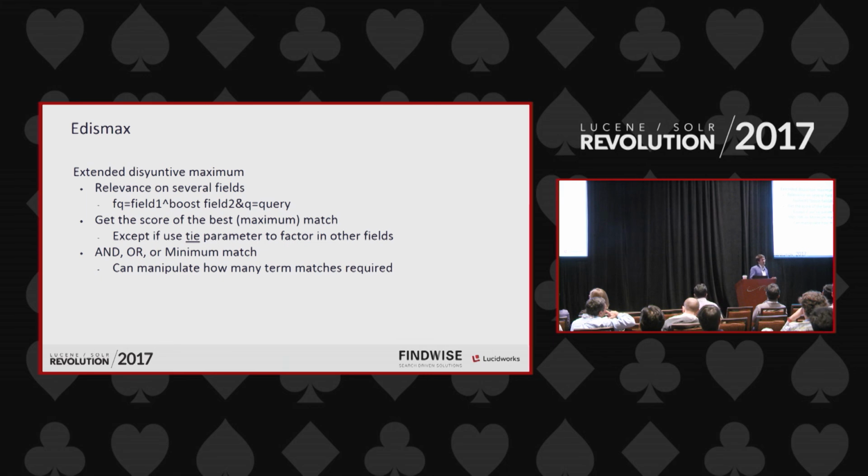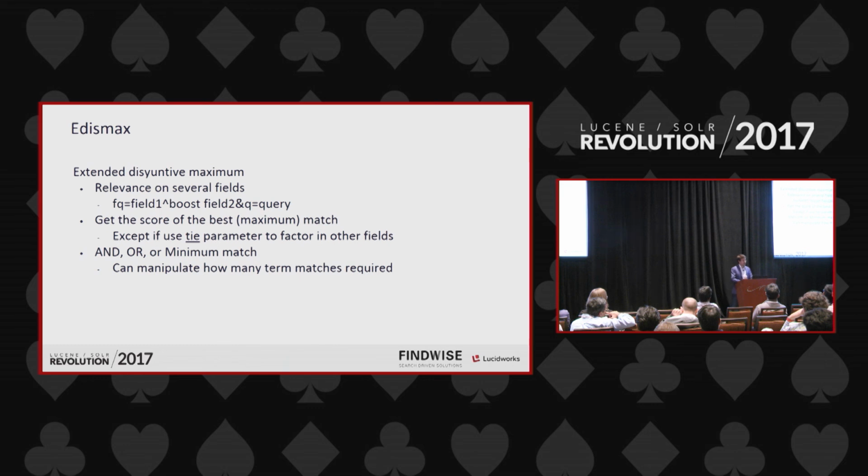The problem, or the thing that you might not think about immediately, is that you would expect that each of the matches will give you a score and everything will be added together. That's not how it works. Actually, Edismax stands for Extended Disjunctive Maximum. So it will go through all the fields, it will calculate its score, and it will only take the biggest one. So it doesn't matter if you actually get matches on different fields, it's going to discard everything that is not the most important match. So if you get a match on 3 fields, it's not going to necessarily be more relevant than matching on an important field.